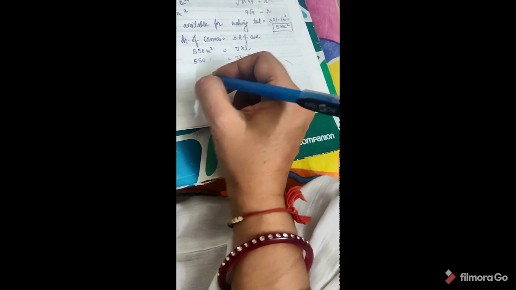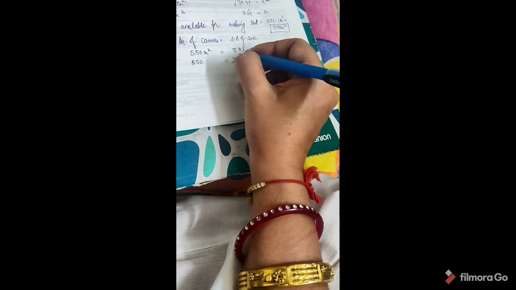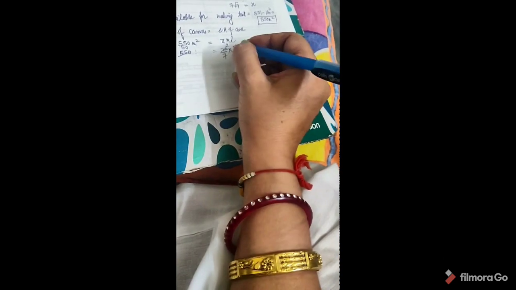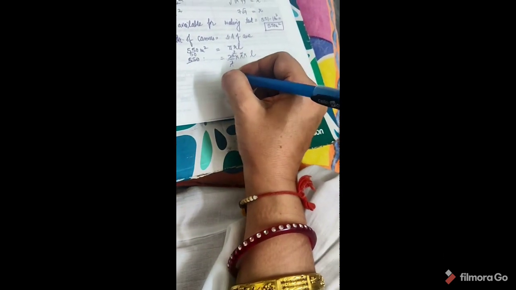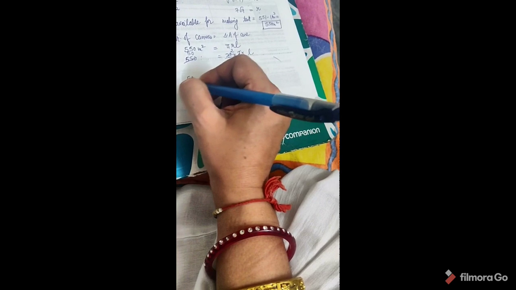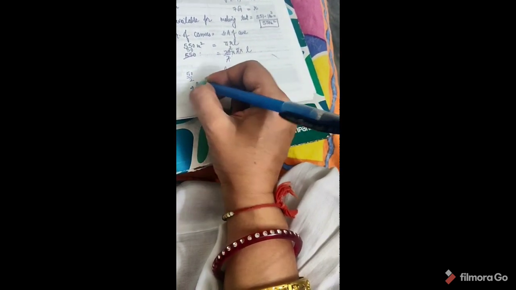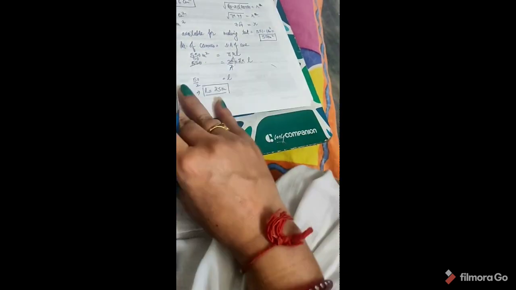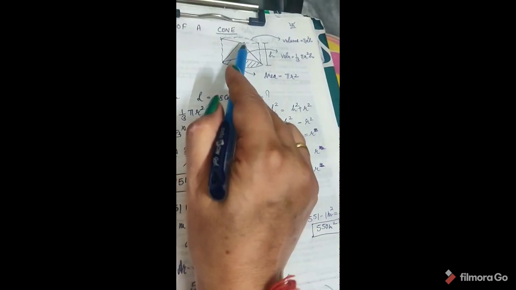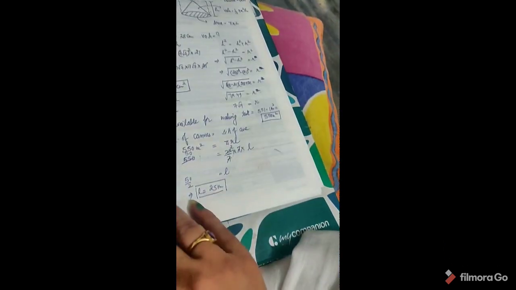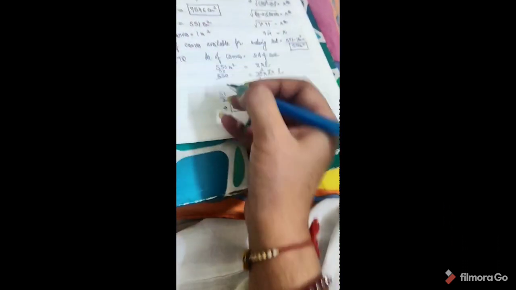So this is 11 2s, 11 5s, 11 0s. 7 and 7 is cancelled. So your L is equal to 50 by 2, that is, your L is equal to 25 meter. Now you have your slant height. This is your slant height. And the question is, find the volume of the tent that can be made with it.